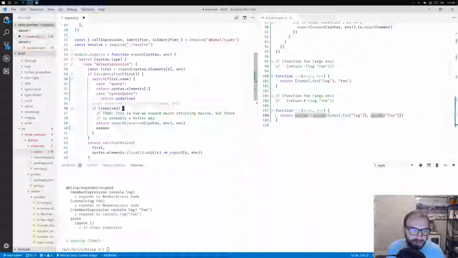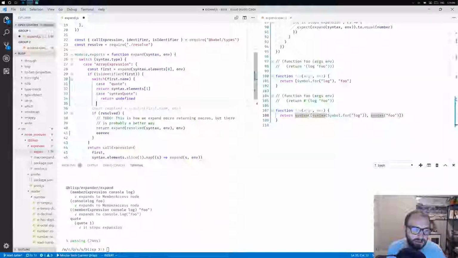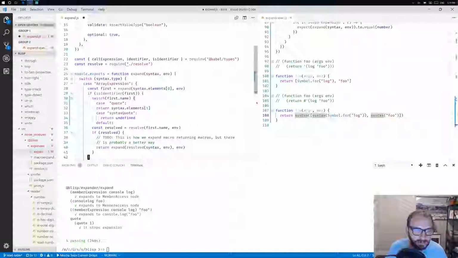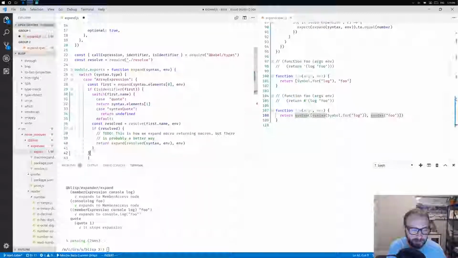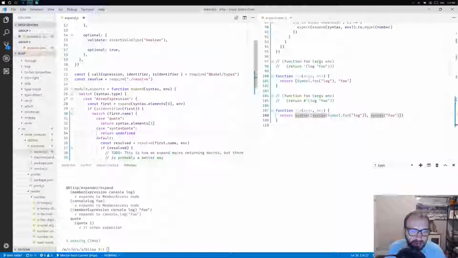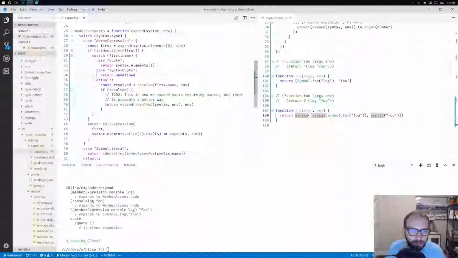I'm just going to put a placeholder there, and then the default. I'll do this. Where did these come from? All right, so looks like we have a syntax error. I think we're missing a bracket there. Okay, so it's a quote if it's a syntax quote, and otherwise. And so what we want to do here is